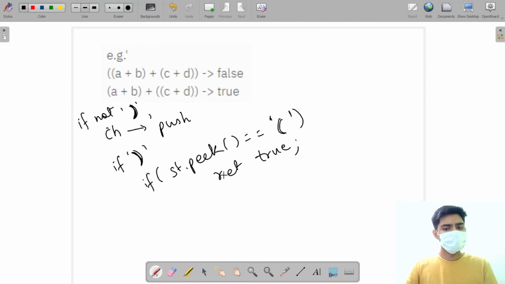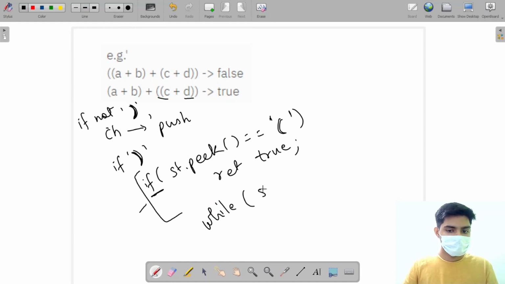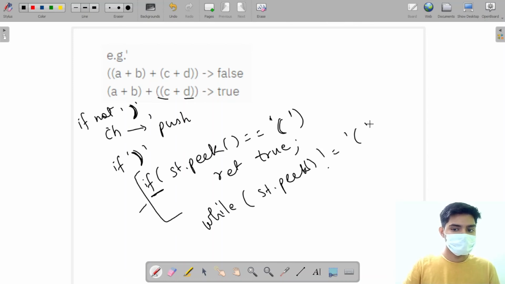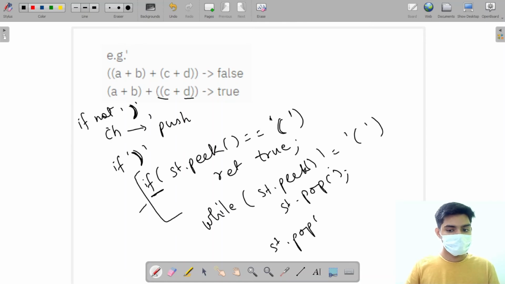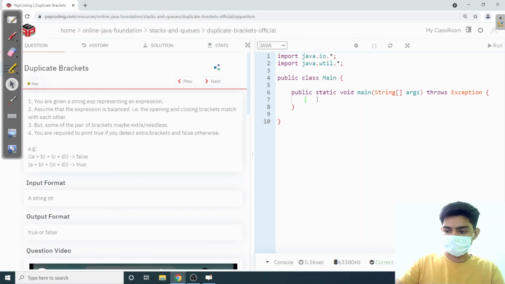I can simply say that this expression contains duplicate brackets. And if this does not work, then I'm going to pop. So I can just run a while loop while my st.peek is not equal to an opening bracket, and simply pop till then. And I have to pop the last remaining bracket as well, right? So this is my pseudocode. Let's try to code this, and then you can understand that way better.